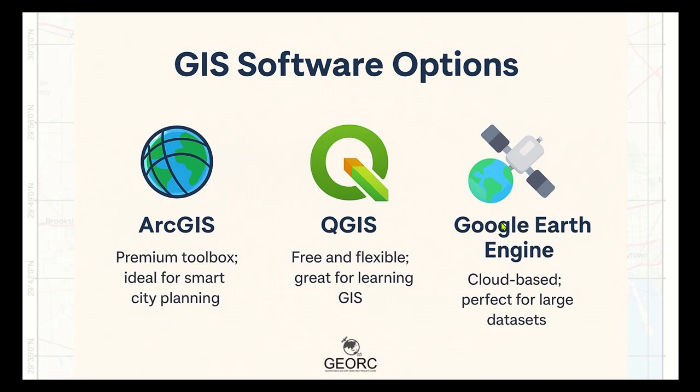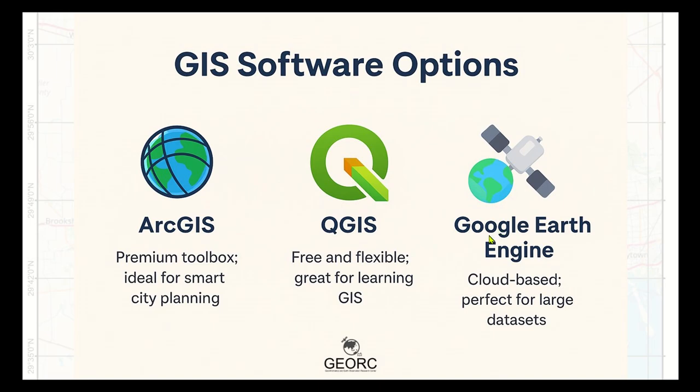Finally, Google Earth Engine. This one is cloud based, which means you don't need to install heavy software. It is best for big datasets like satellite images. For example, if you want to study climate change over 30 years, Google Earth Engine can process that data quickly